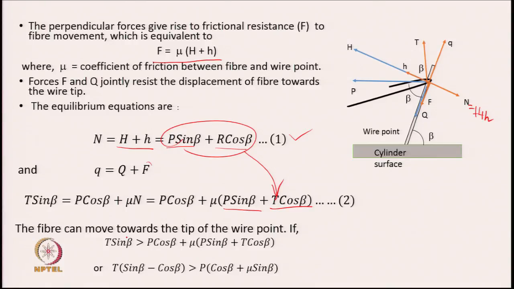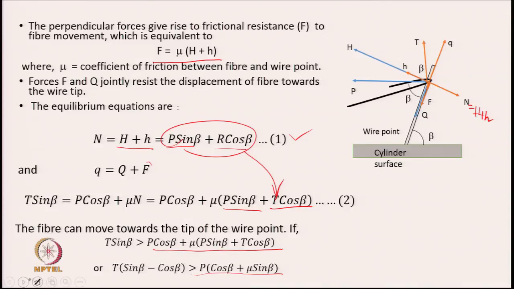The fiber can move towards the tip of the wire point if T sin beta overcomes P cos beta plus mu into this. In this condition, the fiber will move towards the tip, and eventually it may move out of the wire point. This inequality, if we simplify it, we can write capital T into sin beta minus mu cos beta should be greater than this,